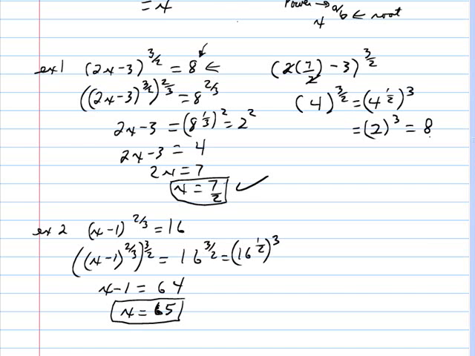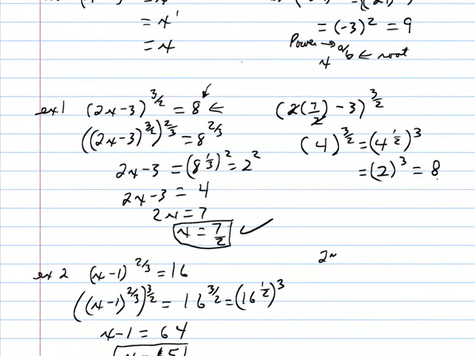But it does work. Now, let me show you a second way to work this problem, and I'm calling it the better way. And I think you'll see why as soon as we finish this. If I start off with the same, solve x minus 1 to the 2/3 equals 16, I can rewrite this in the form, remember back when we were doing the square root property,